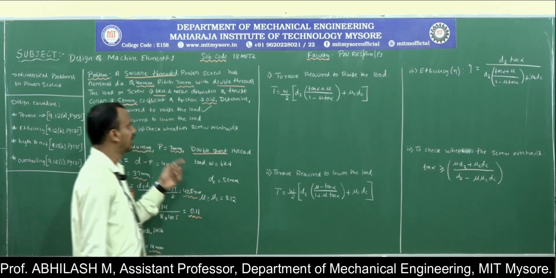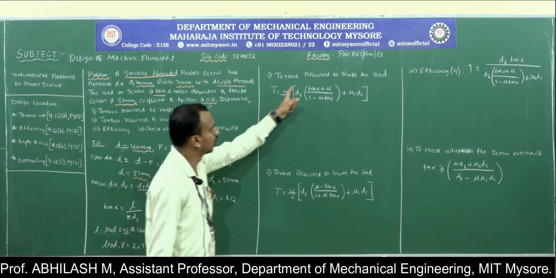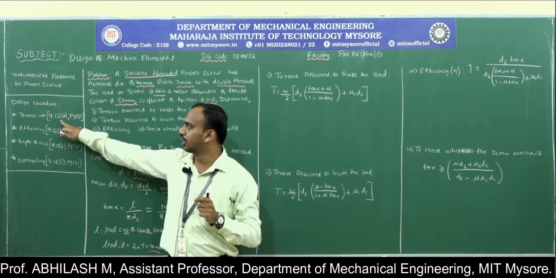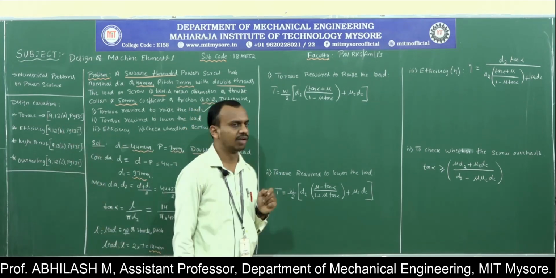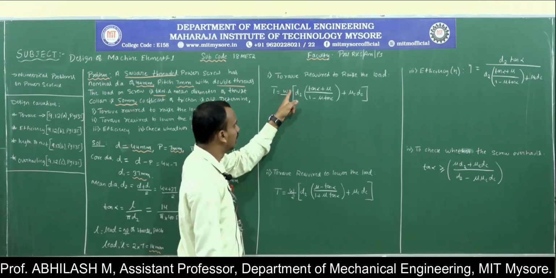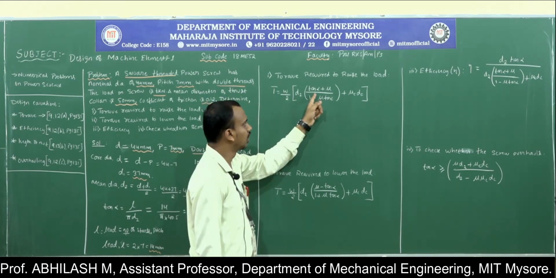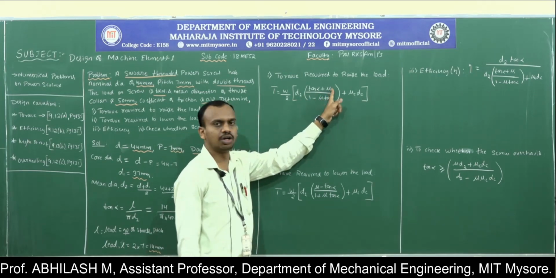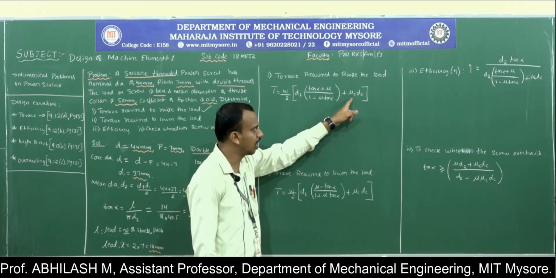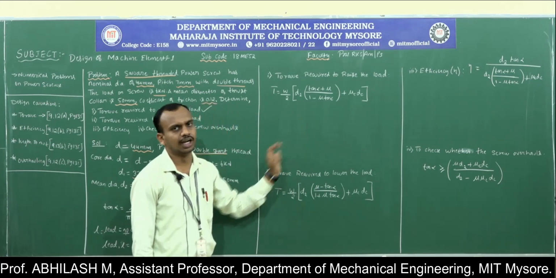Now to begin with the first parameter, where they have asked us to calculate the torque required in order to raise the load. So the torque required in order to raise the load under square thread, the equation is available in equation 9.12a, page number 135. Substitute all the values in the equation. Let us check whether we know all the values. Do we know the weight that it has to carry? It is 6 kilonewton. Do we know the diameter? We have calculated. Do we know the tan alpha? Yes, we know. Do we know the coefficient of friction? 0.12. We know the coefficient of friction of the collar as well as the mean diameter of the collar. So we know all the parameters. Just substitute and calculate the value.